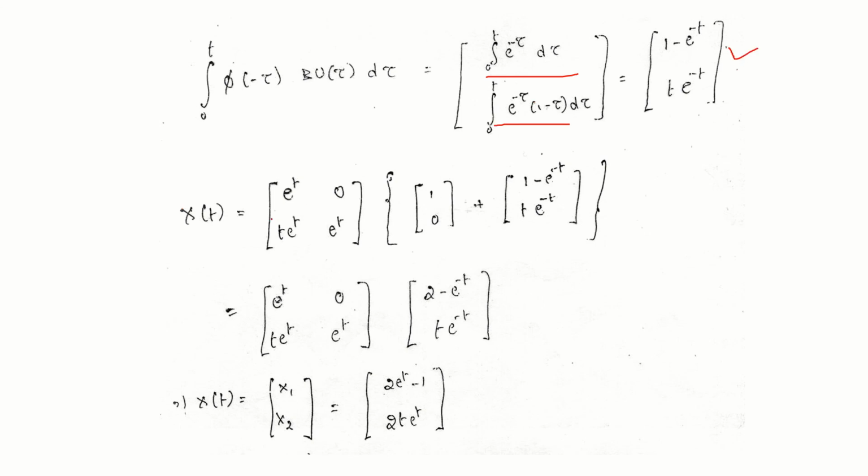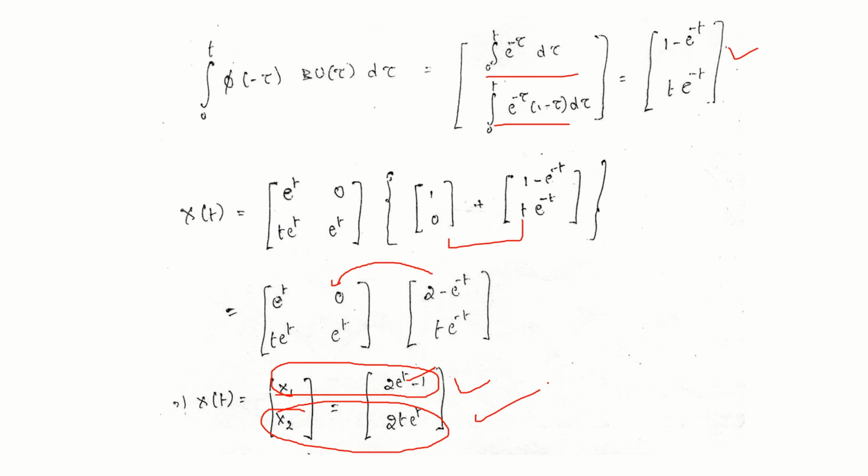So x(t) is given as Phi(t) into initial conditions plus this one. So I substituted. Add these two matrices. Then whatever matrix you get, you multiply. You will get the solution. So x(t), that is x1 and x2. x1 is how it varies with respect to time, and x2 is how it varies with respect to time. So we can find the solution. Even if it is nth order, you can do it this way. This is the greatest advantage of